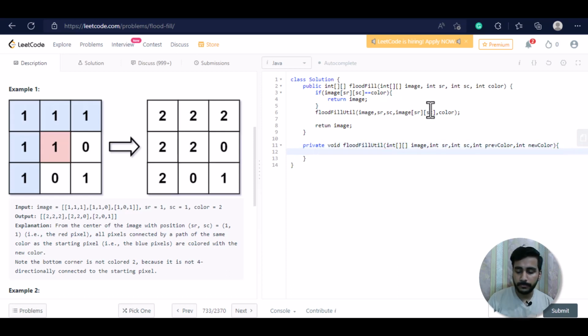Okay, so first we need to check, if it doesn't follow some of the edge cases, then we just have to return from the method. For recursive cases, we have to add some sort of base case condition. So let's add that if SR is less than 0 or SC is less than 0 or SR is greater than or equal to image dot length, or SC is